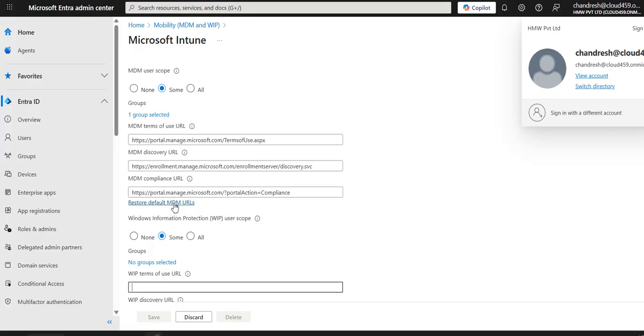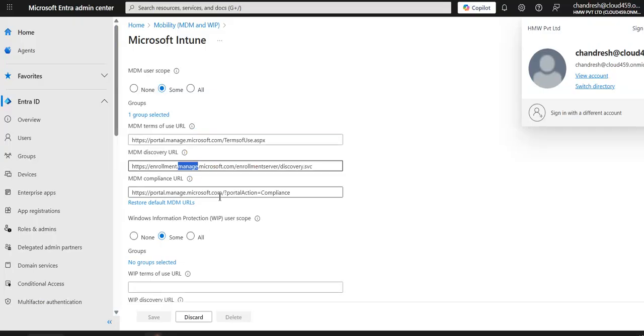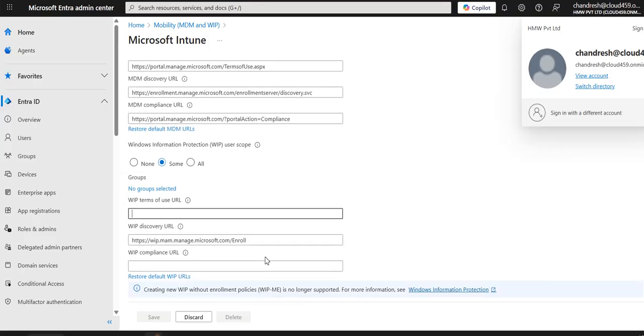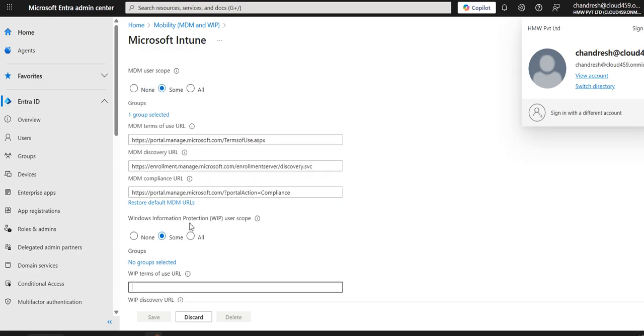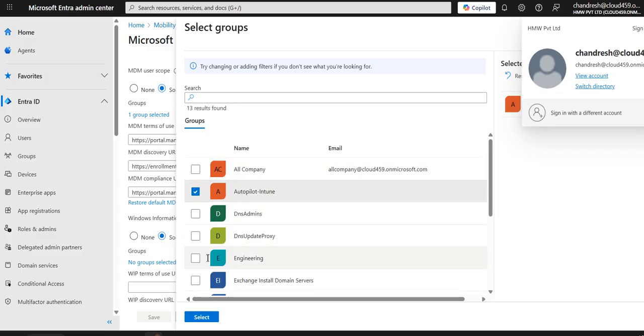Here you can see that now this is the compliance URL as well as the discovery URL. So what is the difference between these two? Discovery URL will ensure the Windows 10 device will get registered, and this compliance URL will be helpful for checking whether the device is compliant or not, guys. Okay, so here I will check for that group and I will register the machine if I have to check. So here also, if I select the Intune group,